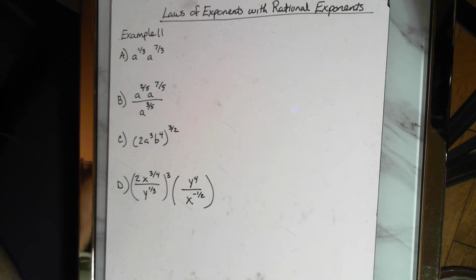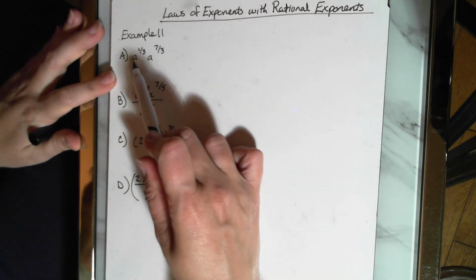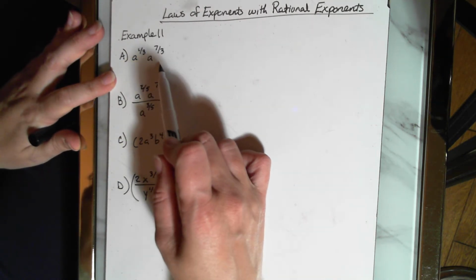Hi guys, in this video we're going to use the laws of exponents to simplify expressions that include rational exponents. So let's take a look at the questions in example 11. In part A, they wanted you to multiply a to the 1/3 times a to the